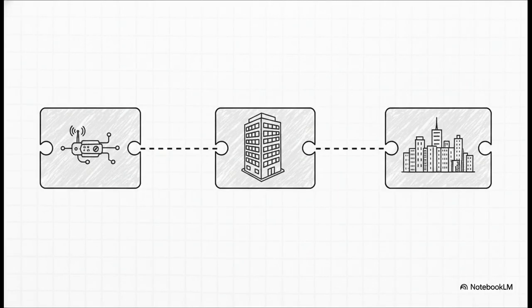So the first big evolution is what's called federated data. Now, instead of trying to cram everything into one giant master file, this is all about connecting different specialized standards. For instance, you could link your sensor data, which uses a standard called BACnet, to your building model in IFC. And then you could link that building model to a huge city model using another standard called CityGML. It's about finding the common ground so that specialized data can talk to each other.